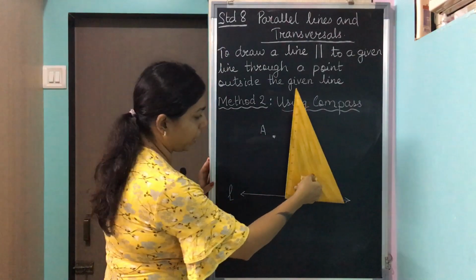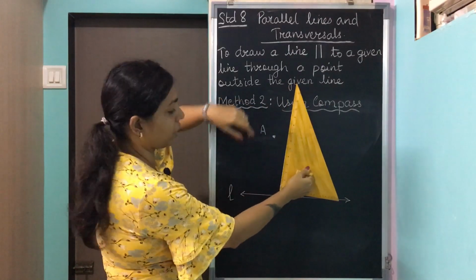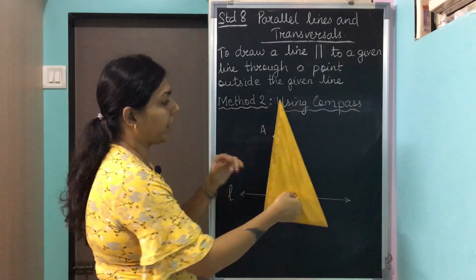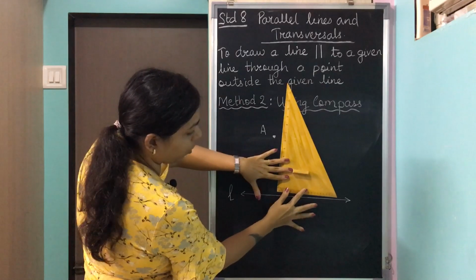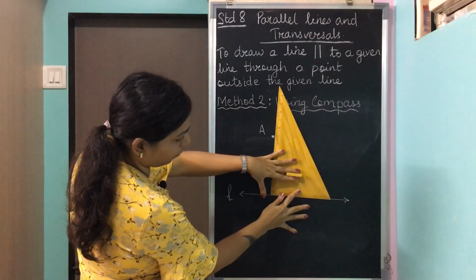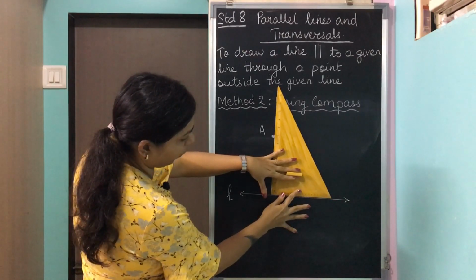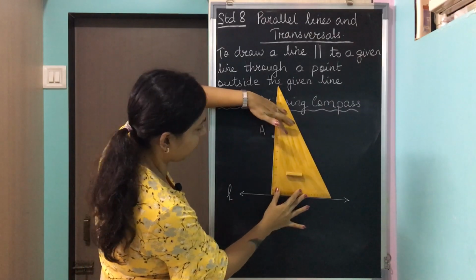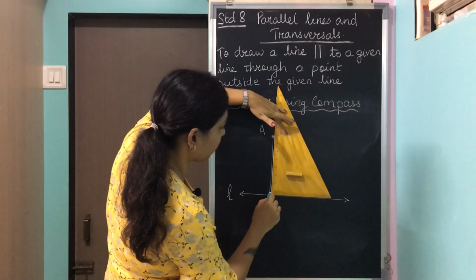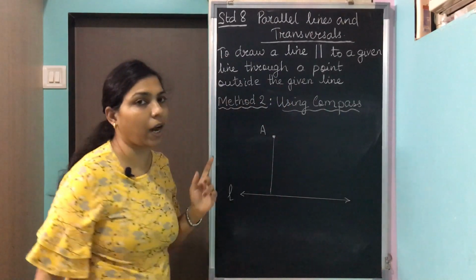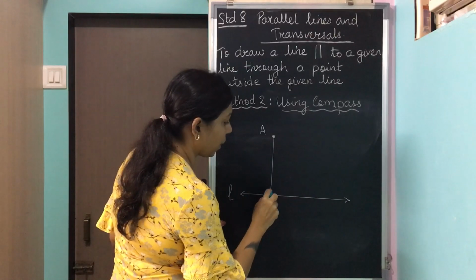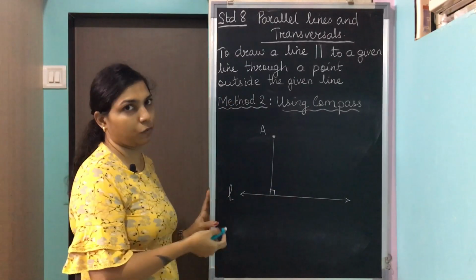You can just take your set square over here. As we did in the previous construction, the base of the set square on the line and the side touching your point A. Okay, so the base on my line L and this side touching point A. Adjust your set square correctly. Okay, hold it firmly in place and you draw one line. So we have drawn our perpendicular. This is a 90-degree perpendicular which is formed over here.